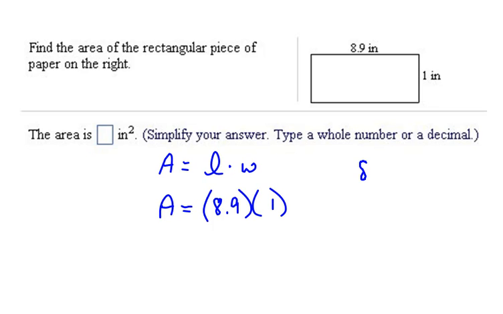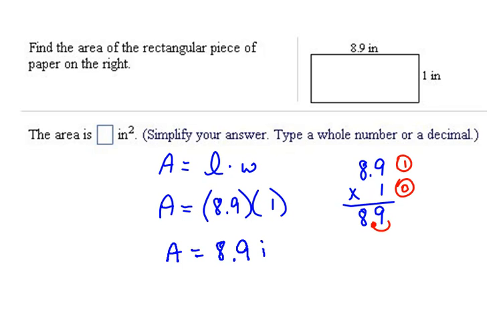Well, we could write it up and down if we wanted to. 8.9 times 1, which would be 1 times 9 is 9, 1 times 8 is 8. And if we have 1 decimal place here, 0 decimal places here, we need a total of 1 decimal place in our answer. So our answer here will be